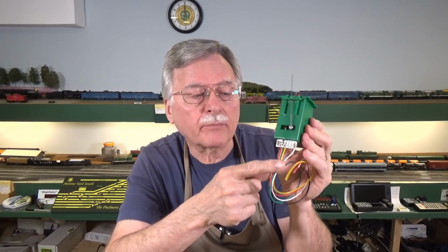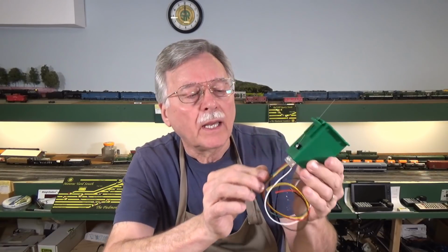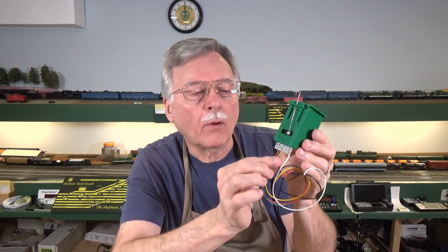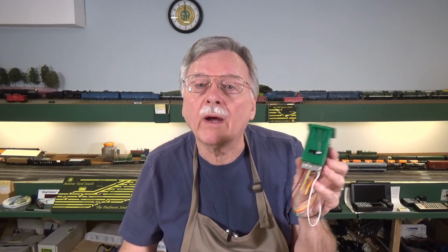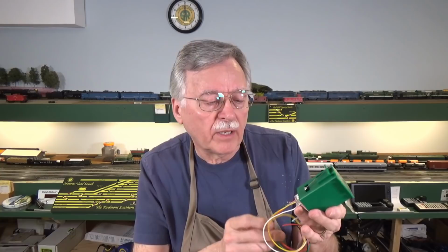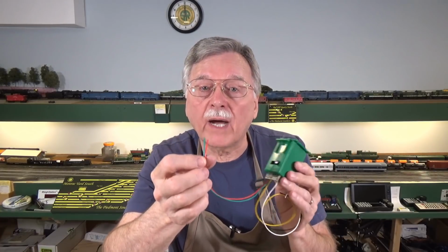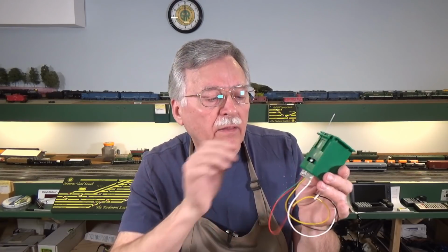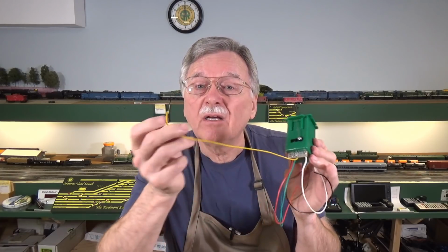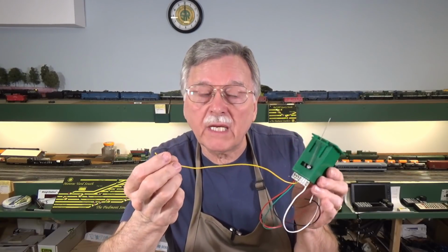Previously I showed you how to pre-wire these. In that case, I wire up my black and white wires to control the motor, and then I pre-wire the three wires to the first of the single-pole double-throw switches built in here. The reason I do that is because I use that invariably just about everywhere to control the polarity of my frog. One thing you can do is take the red and the green wire, which I use as the colors for my main power buses, and attach them to your main power buses, and then attach the yellow wire, as I've shown you in the past, to the dropper or feeder that goes to the frog on your turnouts. I've shown you that with both the Pico and with my